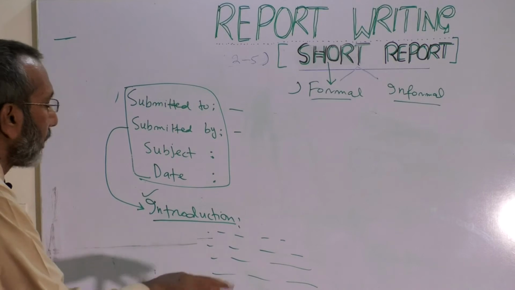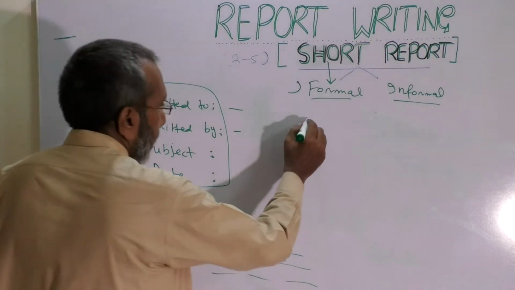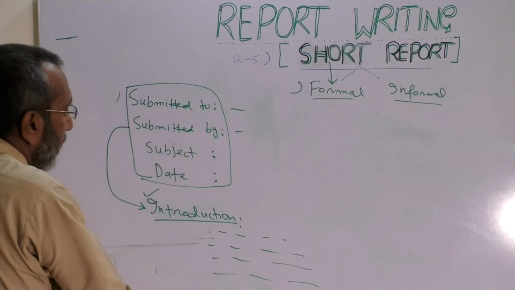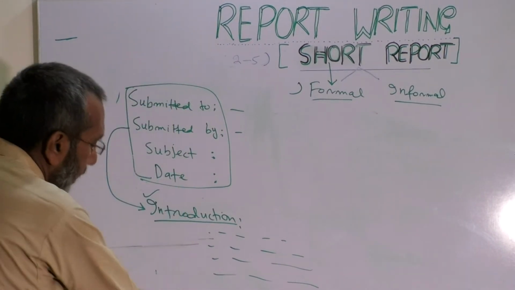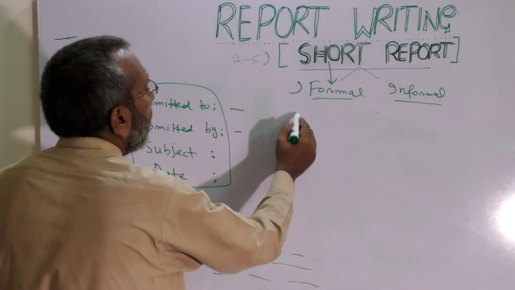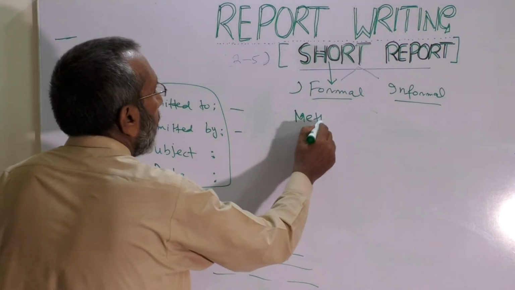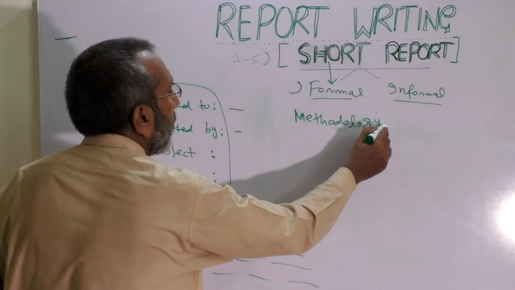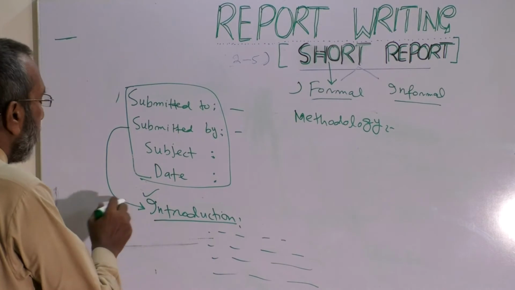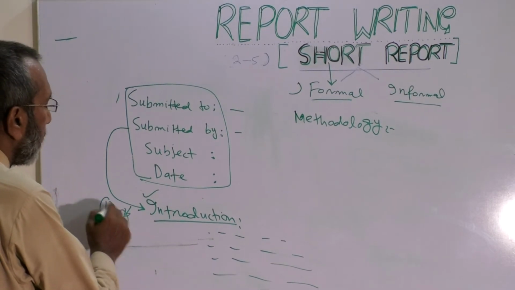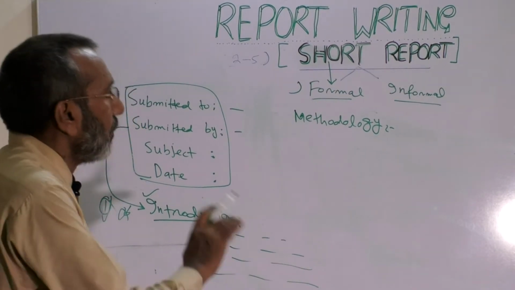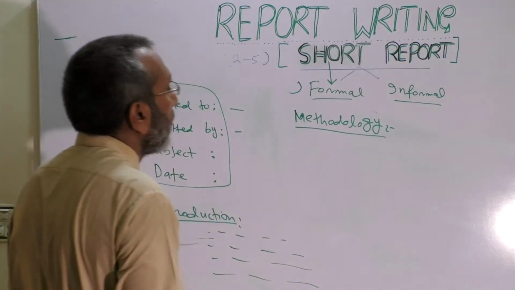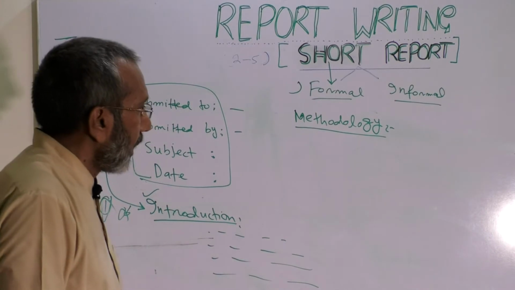What next? The next thing is methodology. And we are coming in the right sequence: this thing, then this, then this. That was methodology. No need of numbering or this or that. We just write it, but we do write this thing. Methodology. No need of mentioning this is number 1, this is number 2. It sounds a bit childish. Methodology, or sources, or procedure. Don't confuse this thing with other things.